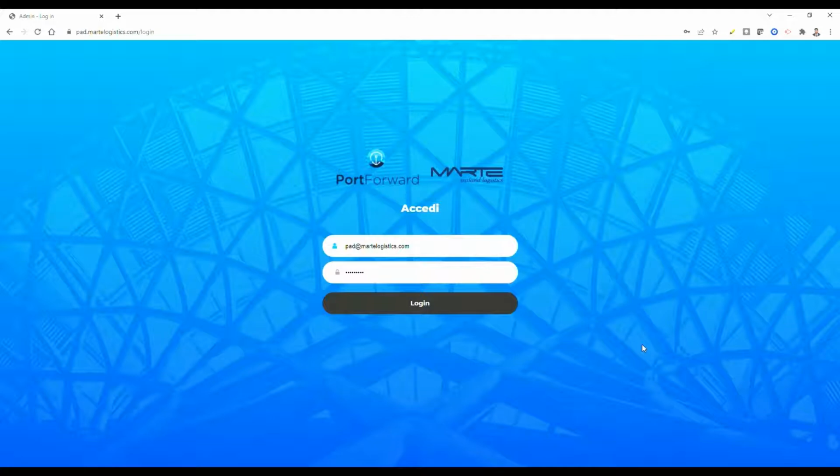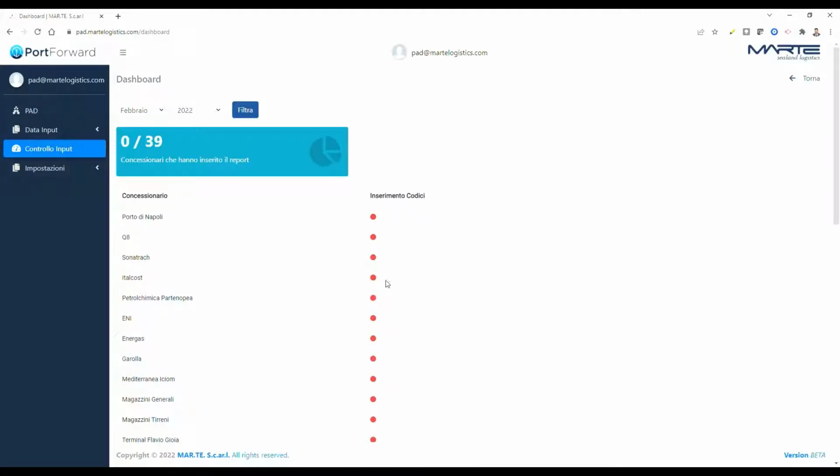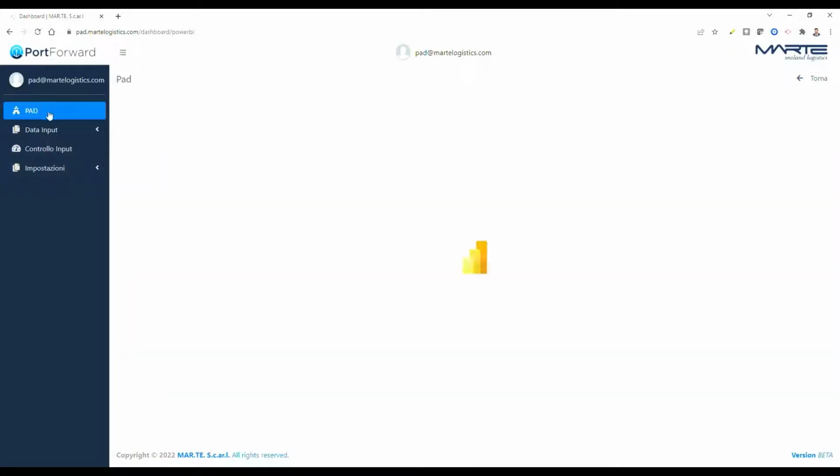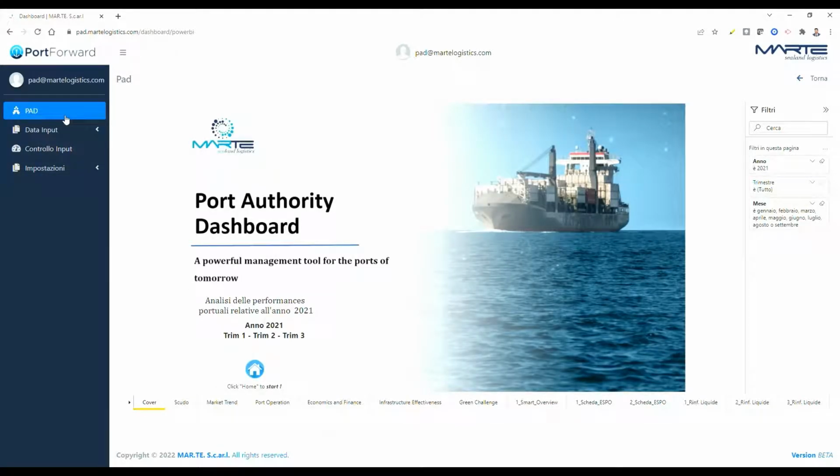In this video, we log in as a Port Authority so we can show the overall functionalities of the platform. By clicking on Login and logging in as a Port Authority user, the platform shows a menu on the left side. The first section is PAD, and as the name suggests, it is a direct link to the Power BI data analysis software. Signing in, we can directly use the PAD, but this function is only enabled for a restricted